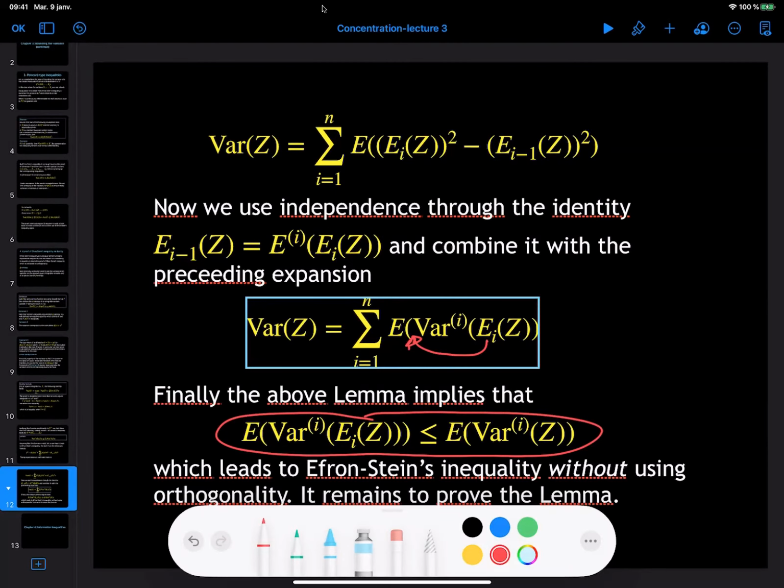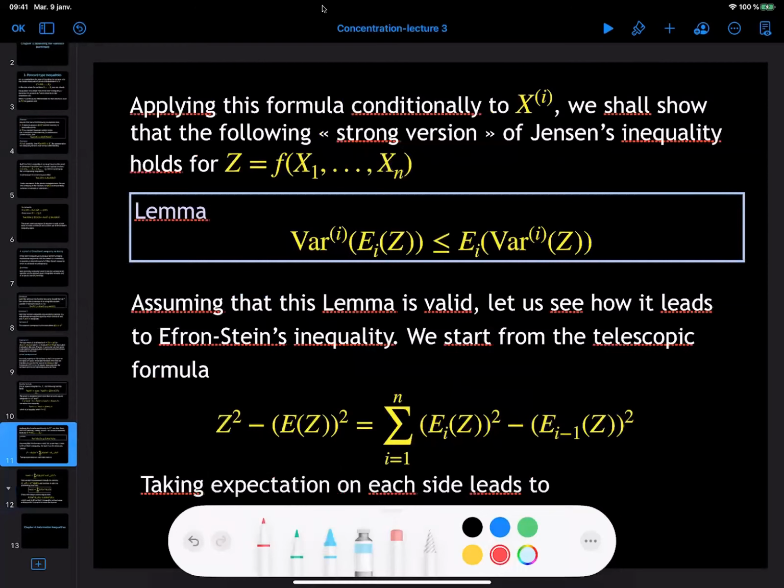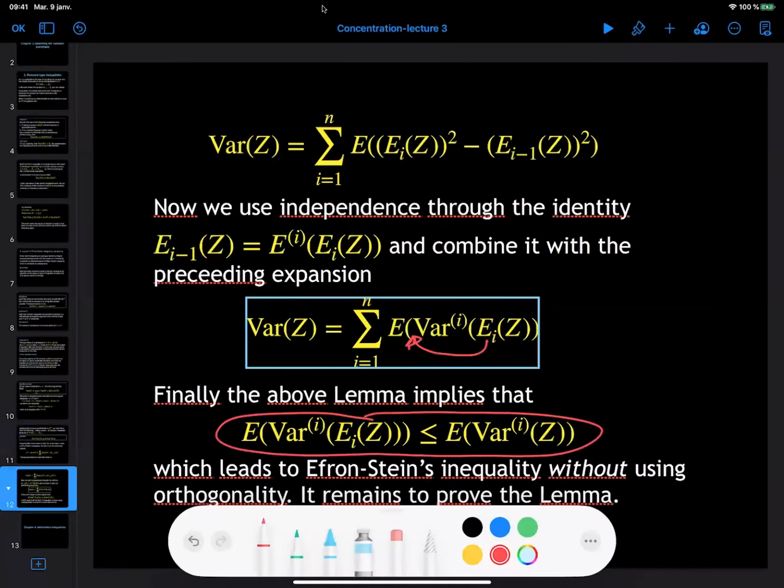The lemma, let's see it again, tells you that you can commute this expectation with the variance. And when you do that, you increase the quantity. Okay? When you apply it now in this situation, you commute the expectation with the variance, but if you do that, this expectation will be destroyed by this one. When you take the expectation of the conditional expectation, it's just taking expectation. Okay? And so you get this.